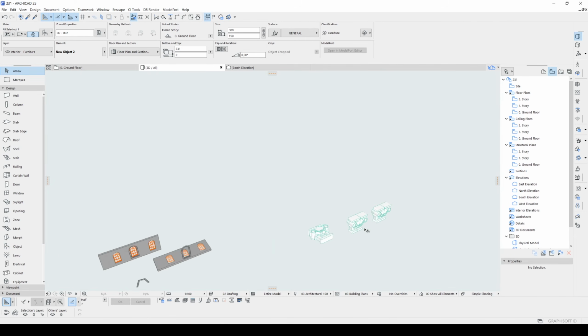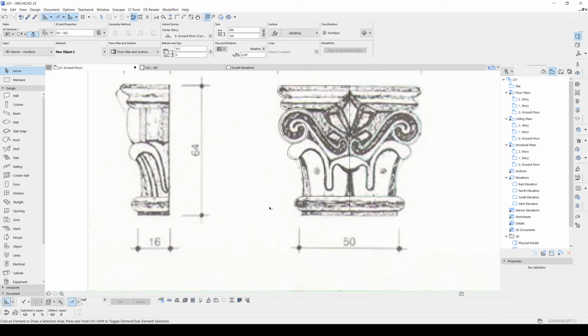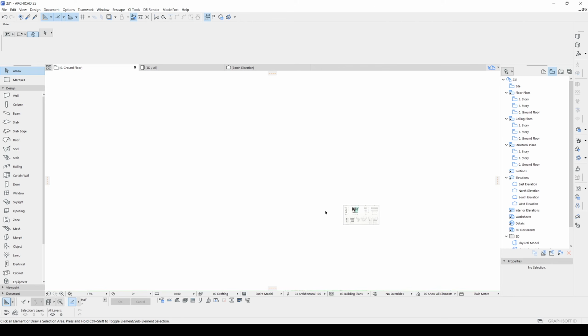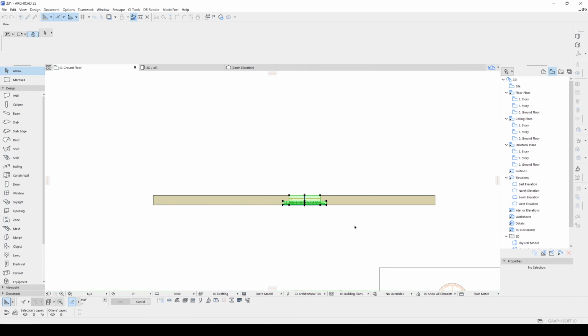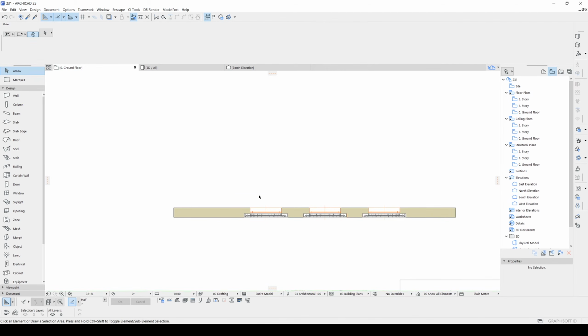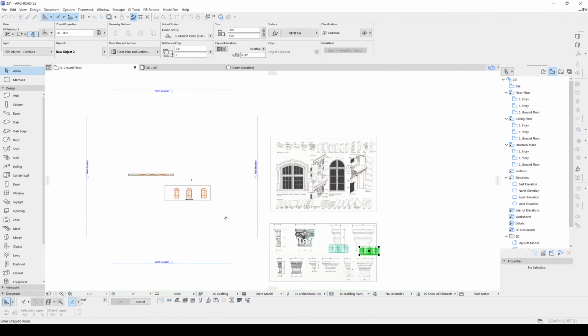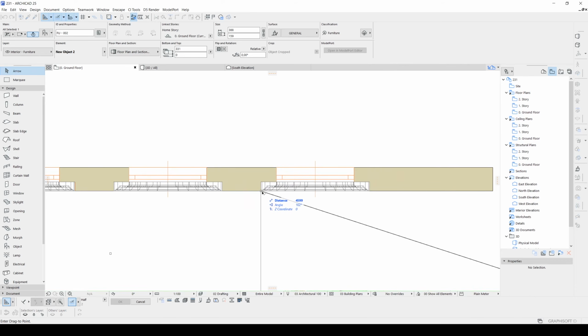Let's place our new object near our windows. I will delete those and copy our window group, and now we will move this between our windows.